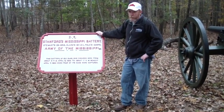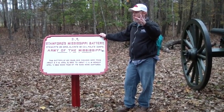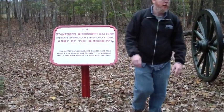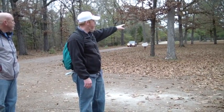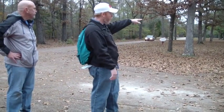All right, questions here. Let's head to the crossroads, and we'll talk about Wood's counterattack there. McAllister's battery, we'll see them again, and then Shiloh Church, and we'll end the day there. So here with this famous attack that Wood's brigade makes on actually what is the Confederate left's third line, he will attack McCook's division, the joint actually between McCook's division and Sherman's division, drive a wedge in there through Water Oaks Pond. There are tons of sources that talk about Lieutenant Colonel Kelly of the Arkansas Regiment riding through